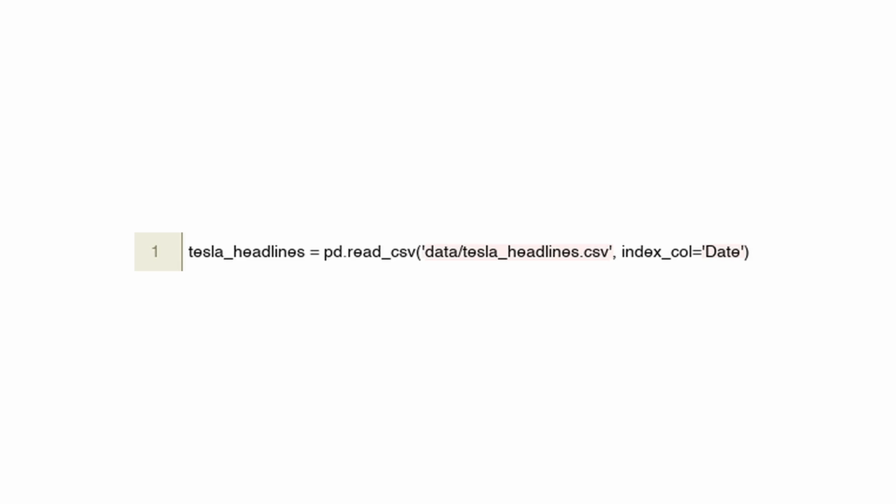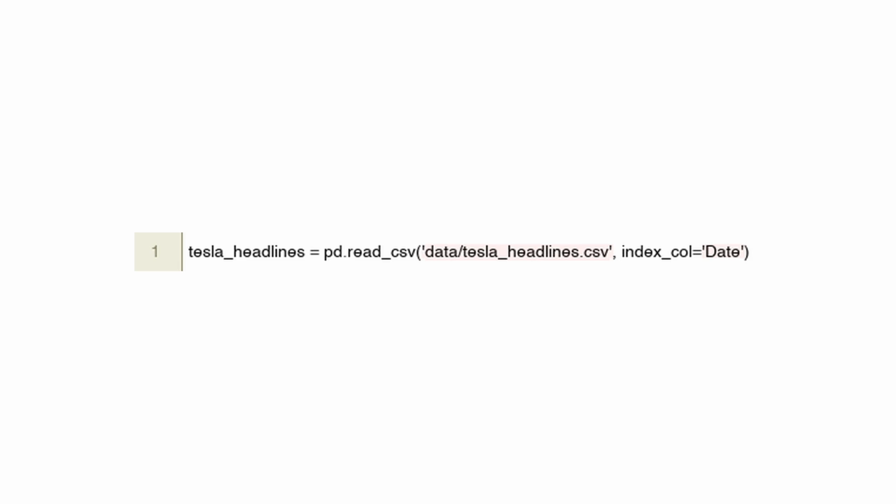This file likely contains a collection of headlines and possibly other related information that pertains to the company Tesla Inc. The function pd.read_csv is used to load the data from the CSV file into a pandas data frame. A data frame is a two-dimensional, size-mutable, and potentially heterogeneous tabular data structure with labeled axes, rows, and columns. It's akin to a spreadsheet or SQL table, and it's the primary data structure used in pandas for data manipulation